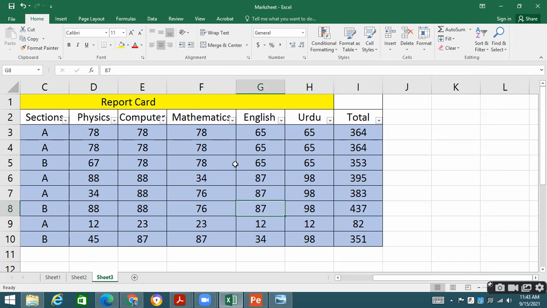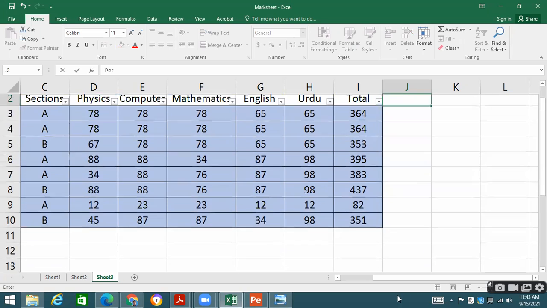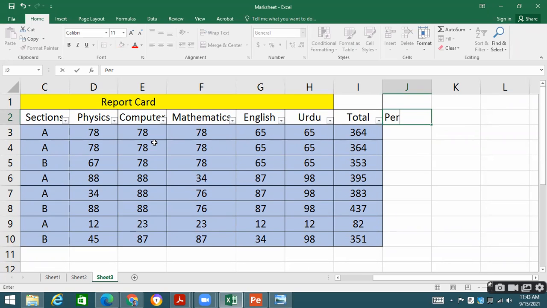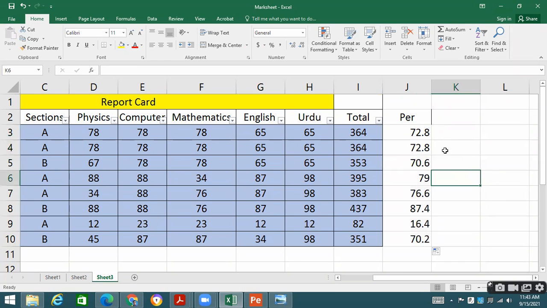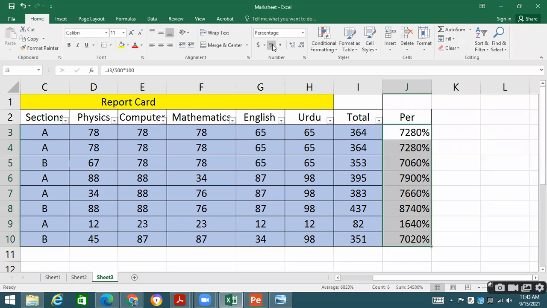Now come to this option. Let's suppose these are the values. If I'm calculating the percentage over here, take the example of percentage. How do we calculate percentage? These are 1, 2, 3, 4, 5 subjects. So what I'm going to do, I will say equal to, this is the total obtained, divided by 500, multiplied by 100. Now you will see this is the percentage that I have calculated. These are the percentages. Let's suppose on this data, I want to apply this percentage. So this percentage you can write over here,